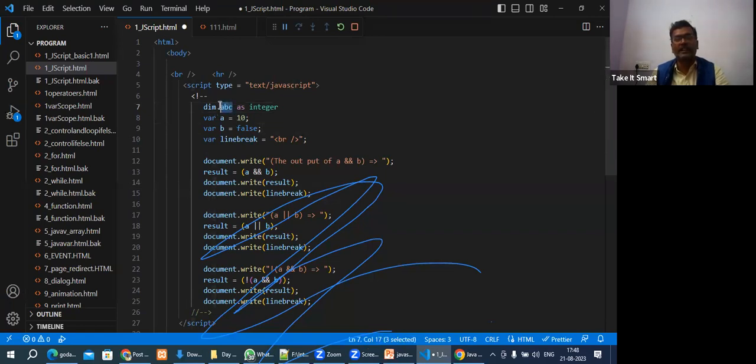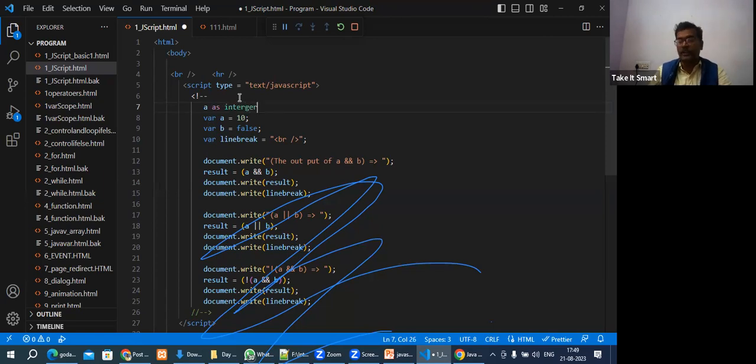So ABC is the name and this is a data type. So I'm talking about different programming languages. Here in JavaScript, you can declare any variable by using the keyword var, and then you give the name of the variable. Variable naming conventions will also be followed. But in short, we gave A, a variable declaration and value assignment, declared as